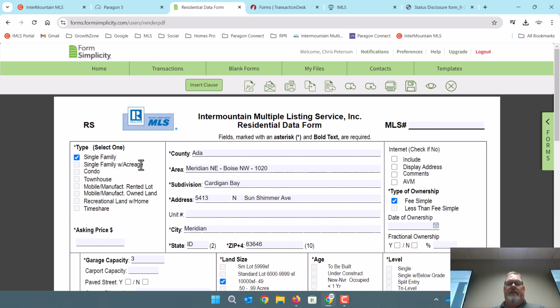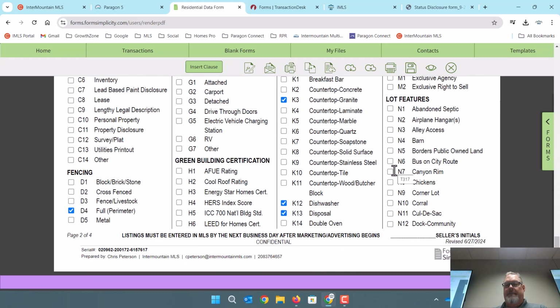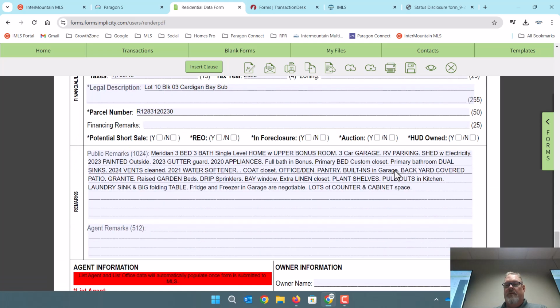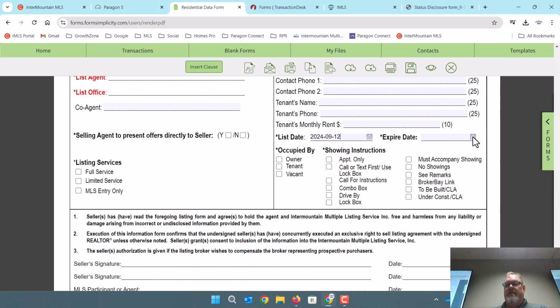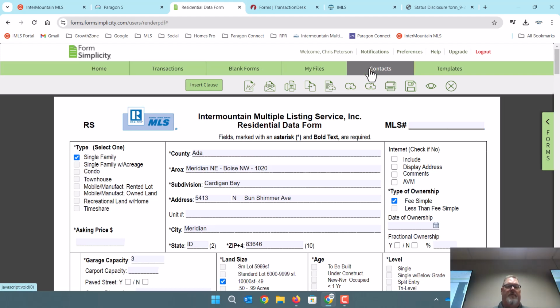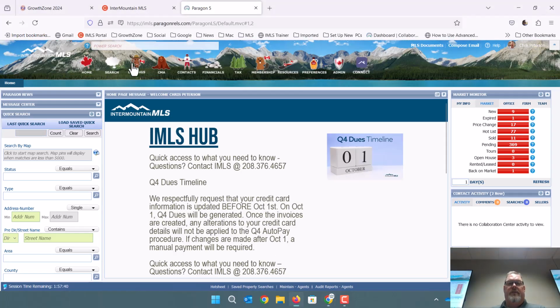And so again, it's got type and area here. Listing date and expiration date aren't here, so I need to put those in before I can send it to Paragon. Here, put today as the listing date, tomorrow as the expiration date, and now when I click on the little cloud with the arrow pointing up, save and submit to MLS, it's going to save it, submit that information to Paragon as a partial listing, give me the partial listing number when it's created, and then in Paragon, under listings,